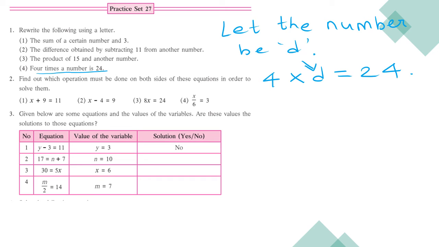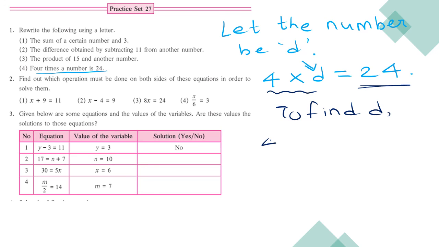So this says that 4 times a number D is 24. So you know this is a multiplication. This is alone. So how to find D? To find D, we had discussed this in the summary notes. If you have not accessed summary notes, then you can find it in the link in the description, and also in my previous videos about equation summary notes, where we have shown examples and how to find the variable and the solution to the equation. You can go through them once, and you will also come to know in the video.